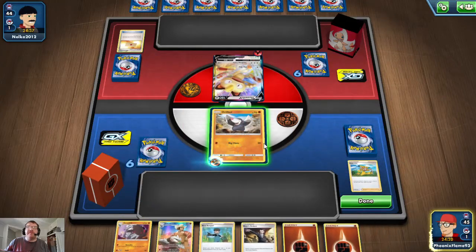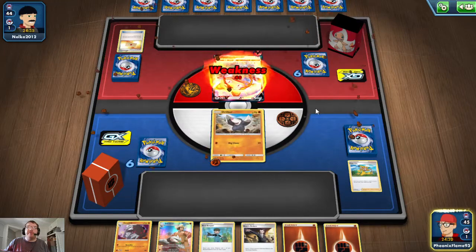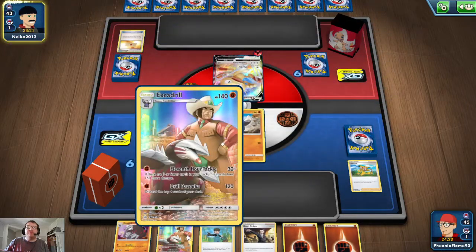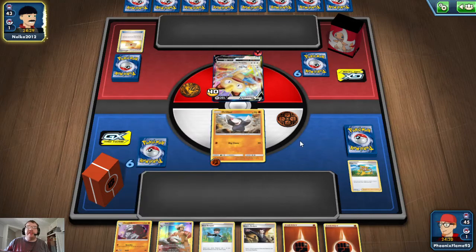So I can't evolve in my first turn, but I can use Dig Quaz. It's super effective against Meowth, which means I still have technically one turn. If I evolve Drillbur into Excadrill, I can use Drill Bazooka, which will do a massive 240 damage because he's weak to it. And now, unless he puts it...